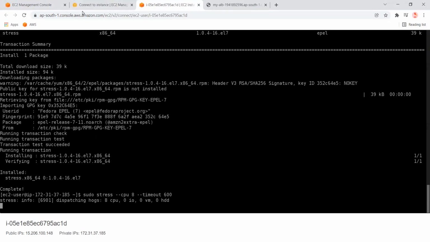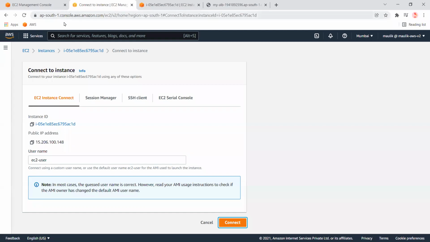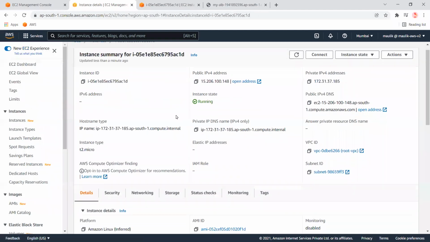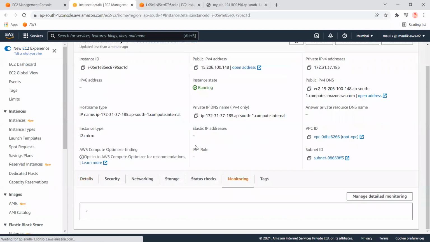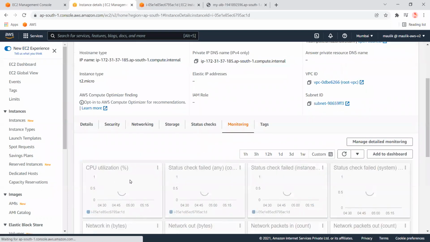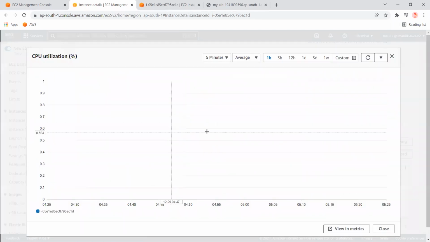Now let's monitor the CPU of this instance. I'm pausing the video for some time till it reaches a high value.